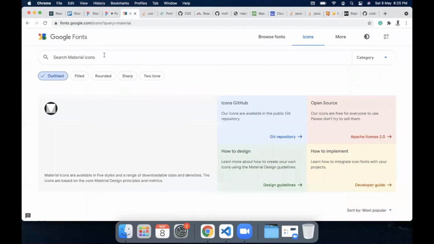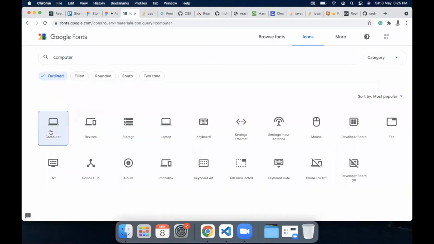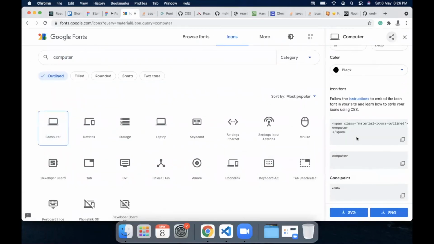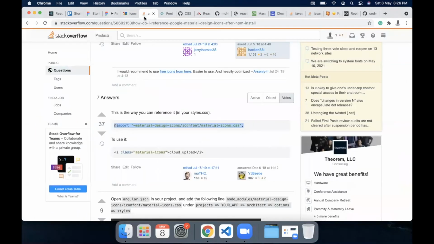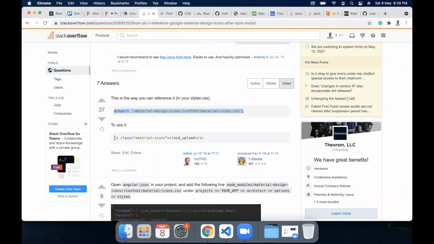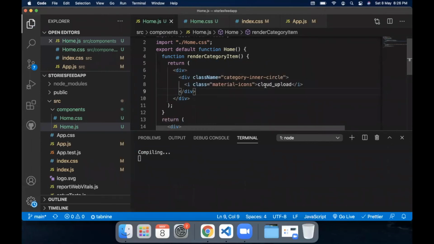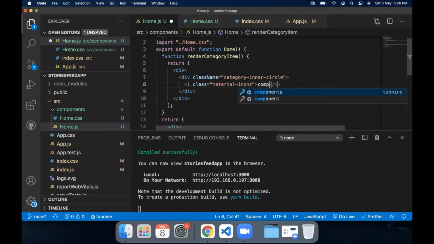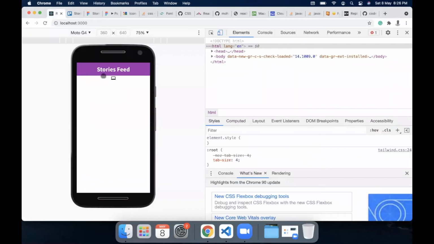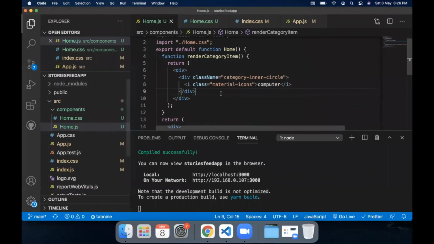So if we search for, let's say, computer for our first icon, this is the icon which we can use. And let's just copy this as well. This is basically how we are supposed to use the material icons, by copying this item and adding it here. And instead of cloud updated, we need to add computer. Once that is done, we can see the icon here.